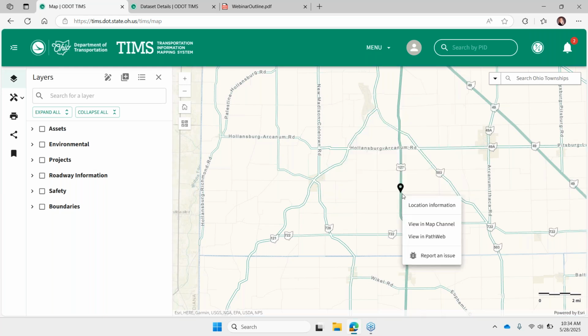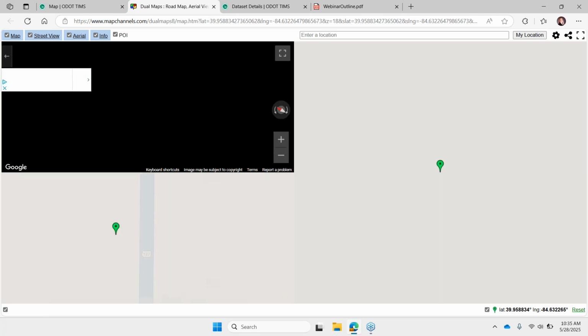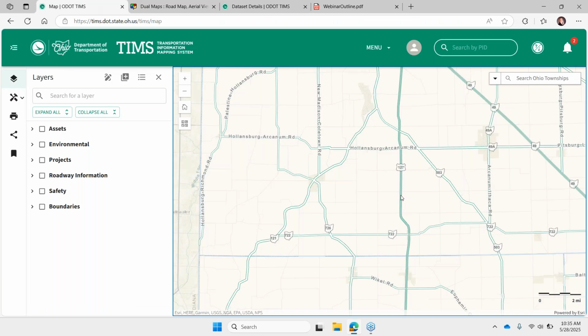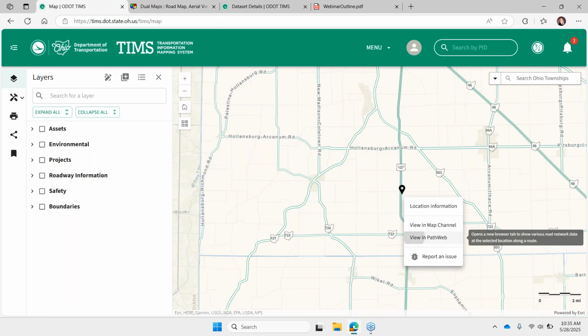But you can also inspect this area more with the next two links, View in Map Channel and View in Path Web. So Map Channel is just going to be a publicly available conglomeration of the Google Maps views, but using the shortcut through TIMS will take you right to that location where you clicked. And Path Web is similar.